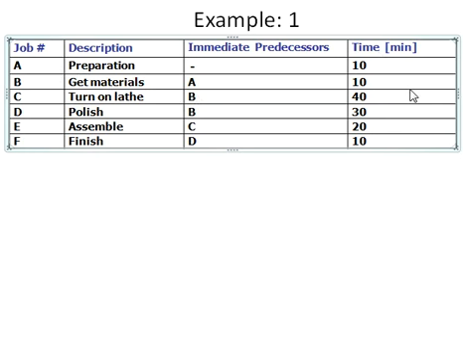So let's proceed. Before that, you should understand that if you want to start job B, then you need to complete job A. So these are the relationships between the jobs. If you want to start C, then you must complete B, and for D also. So let's start with job A, which is a job between two nodes. First we draw two nodes, and name them 1 and 2.